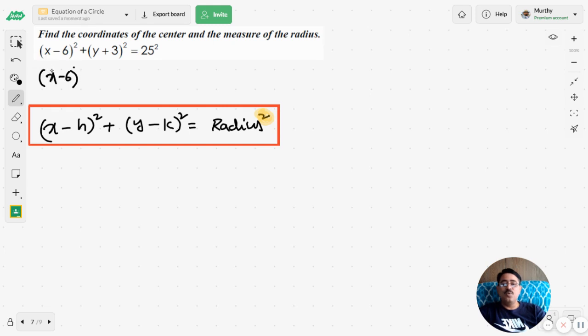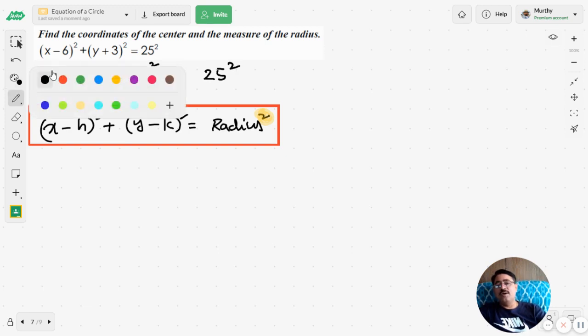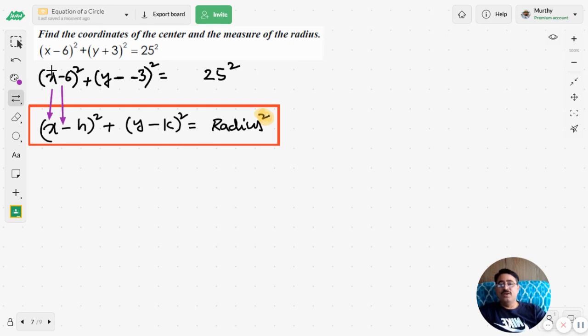x minus 6 square plus y subtract, instead of positive 3, let me take a negative of negative 3, equals 25 square. Now it's easy to compare. I see that x is matching with x, negative sign matching with negative sign, so 6 is matching with h. Therefore, let me write that center equals center